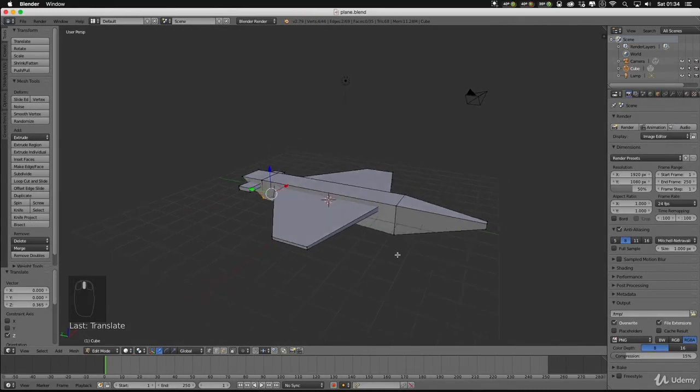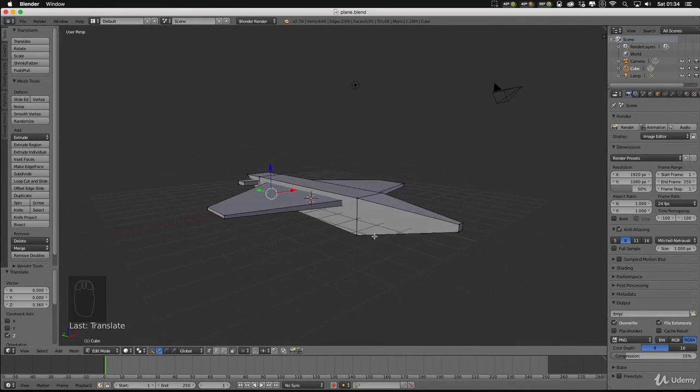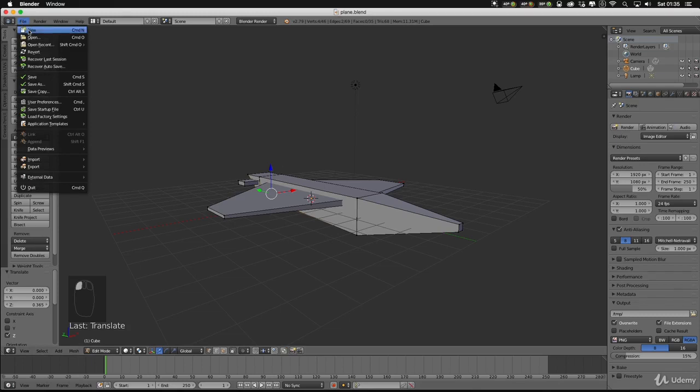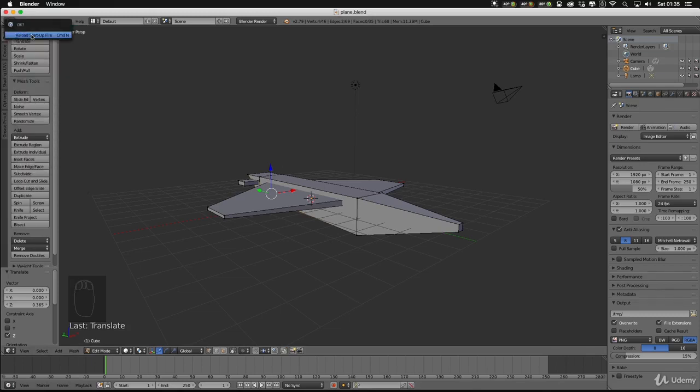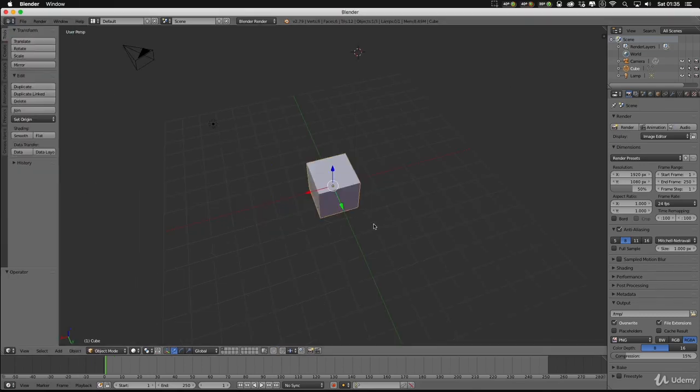So we're going to start actually making some buildings for our low poly landscape. So I'm just going to get rid of this. I'm going to open a new Blender file. So File, and then New, Reload Startup File, brings us to our default. And I'm just going to turn my screencast keys back on.